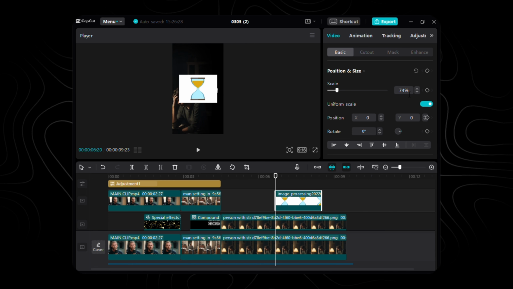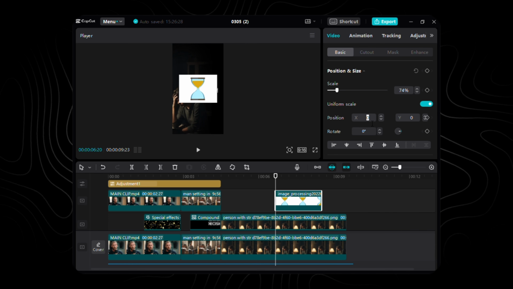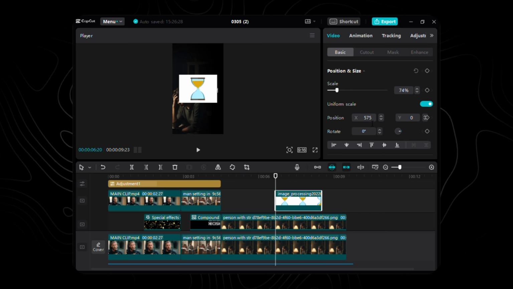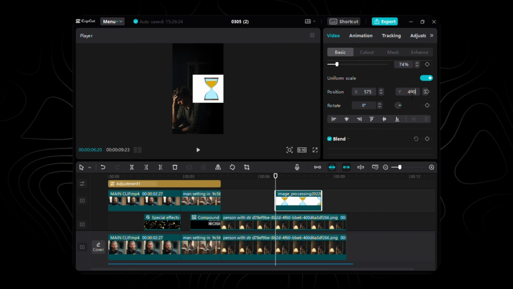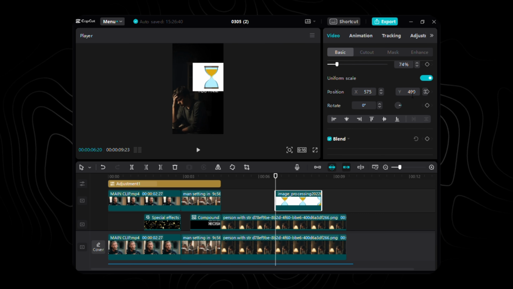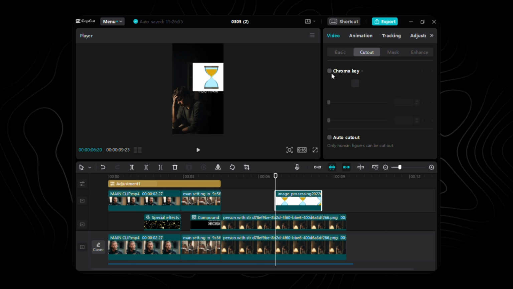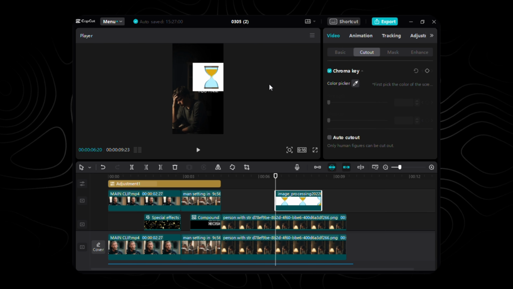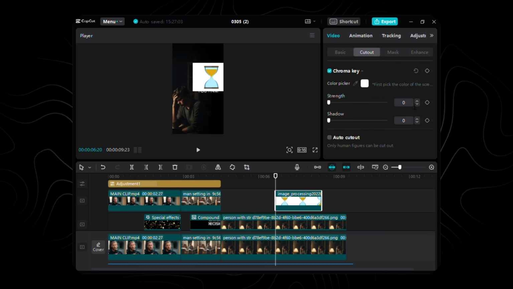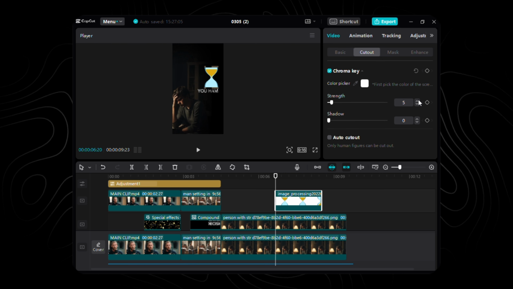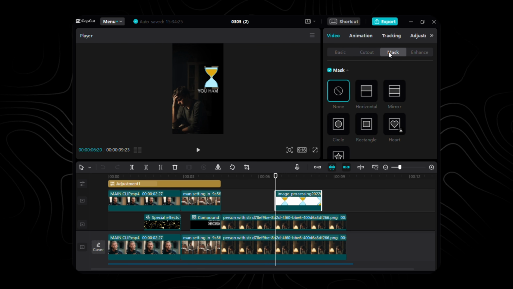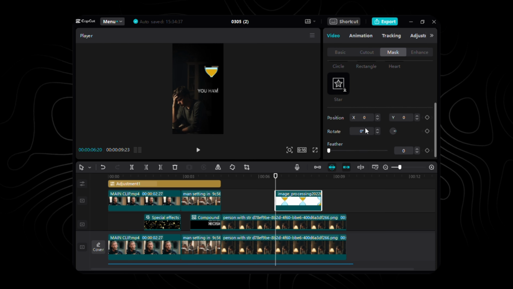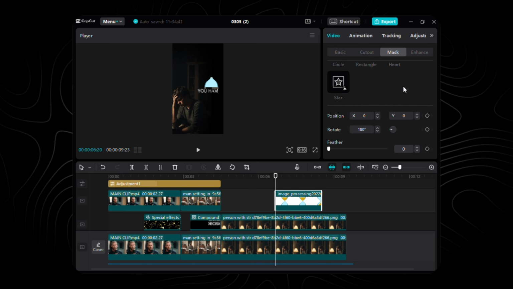Scale it down to 74% and position it with X at 575 and Y at 490. To remove the white background, go to the Cutout tab, select Chroma key, choose the white color, and then increase the strength to 5. And for animation, move to Mask tab, choose Horizontal Mask, rotate it by 180 degrees, add